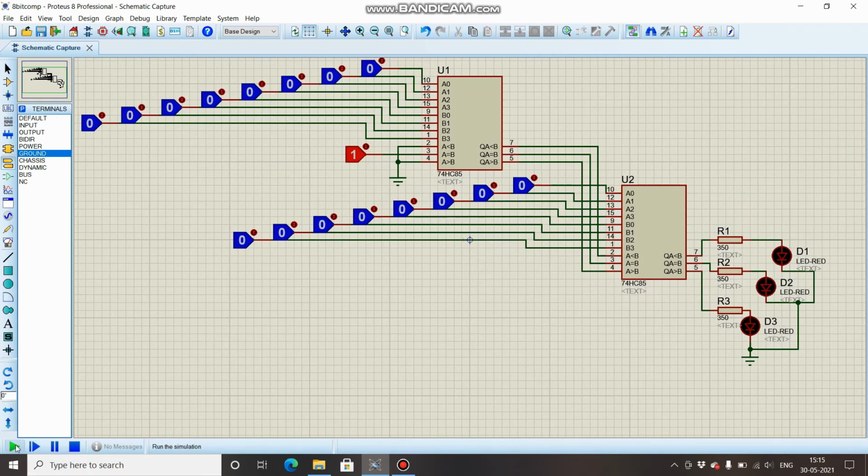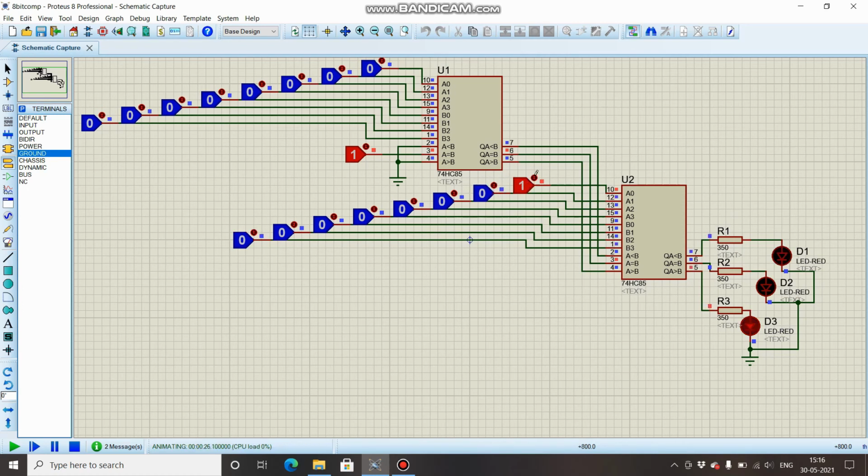We'll simulate it and see all the bits are 0, meaning two 8-bit numbers are both 0. So A equal to B is on. Now you can check, these are the MSB bits and these are the LSB. Let's try and change this. See, A greater than B. Now if I change this one, then A less than B will be high. See, this is high, whereas the rest of the two are off. Similarly, you can check out other connections as well.